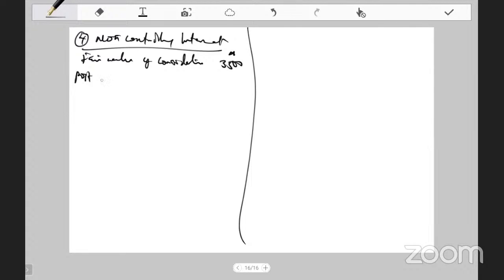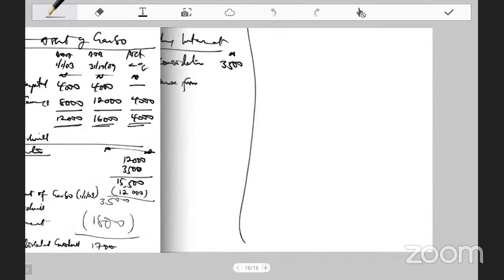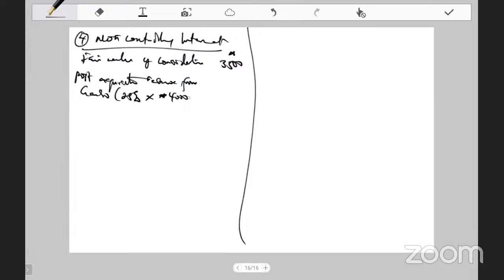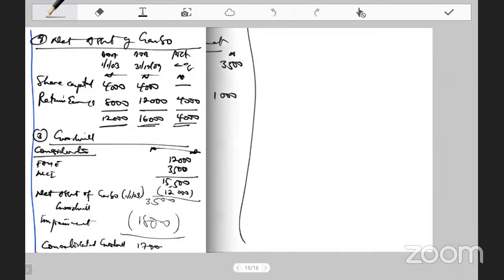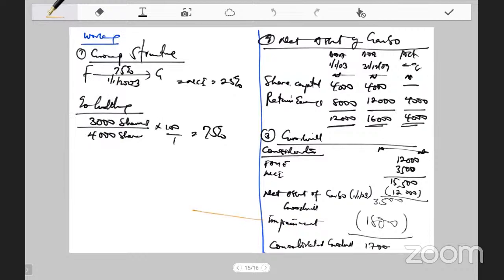So what is the post acquisition reserve from Gabon? It's 25% times 4,000. So what would that be? 1,000 naira. But don't forget, like what I usually tell you, there's an adjustment element here of impairment,